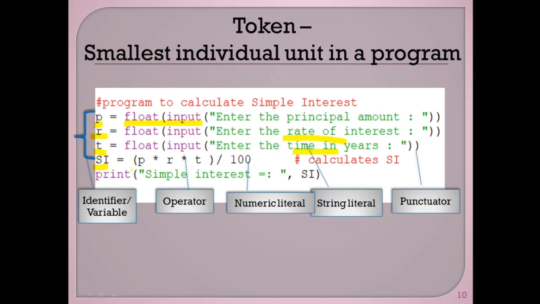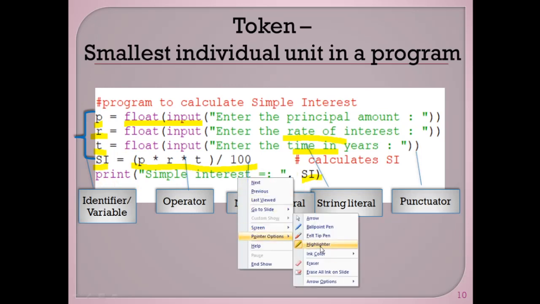And next step, we are calculating the simple interest as P into R into T by 100, using the formula PRT by 100. And last, we are displaying the calculated simple interest. Look at the tokens available in this program: